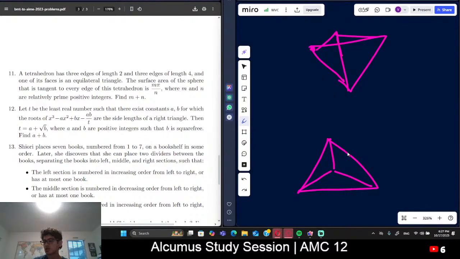How can you be tangent to every edge? How is that even possible? How can you be tangent to any edge? It's not really possible to touch an edge of a thing, is it? Because it's going to be, it's like a